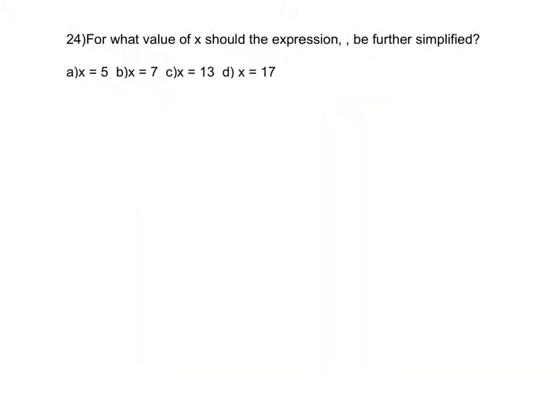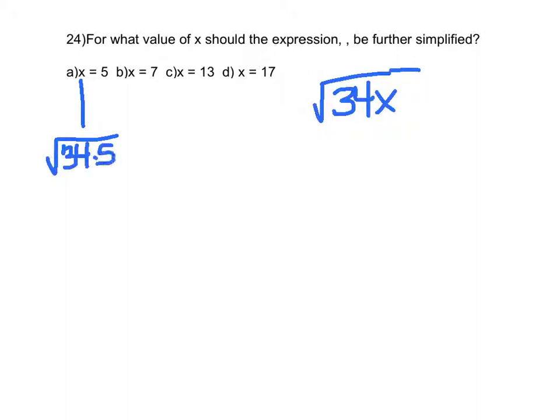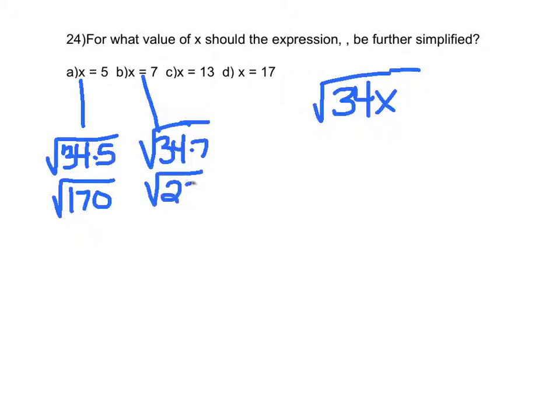For number 24, it gives you the square root of 34x. So it's exactly like 23. We want to figure out which one of those values I can plug in so that my square root of 34x can be simplified. So go through and do your 34 times 5, and you've got the square root of 170, 34 times 7, that's going to give you the square root of 238,